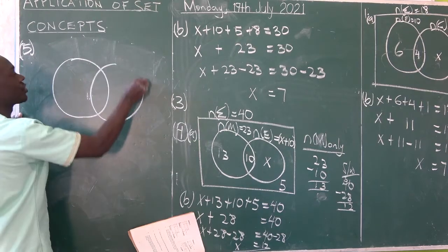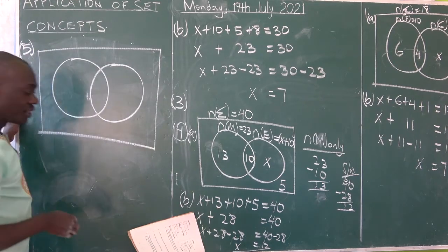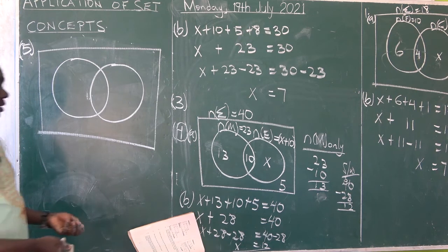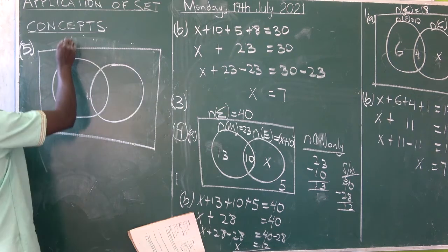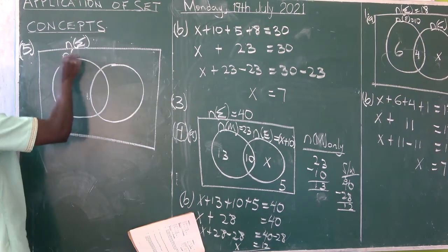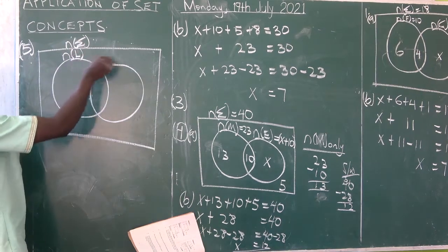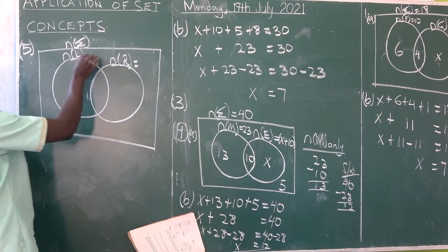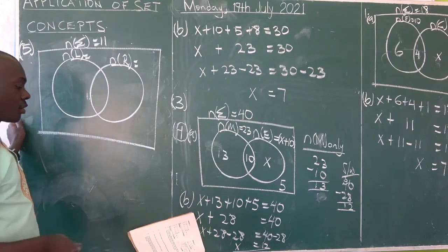Out of a team of 11 players, since you have been instructed to show that information on a Venn diagram, I will first draw the Venn diagram and then draw the universal bracket. Each of the numbers here can never go less than 5 marks in PLE. So we are in section B, real application. I've got the number of elements in the universal set, as well as the number of elements in set L, meaning those who play using the left, and this is R, the right-legged ones. So out of 11 players, we fill in 11, that's the total called universal.